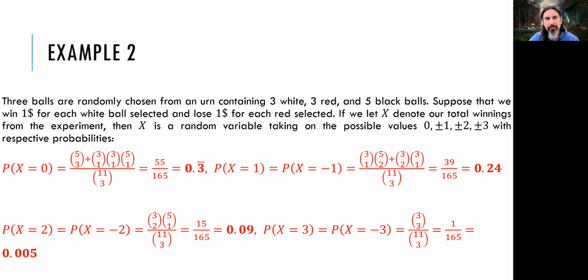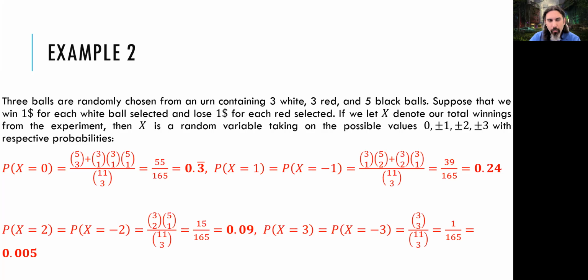The reason that it isn't 1 is we are missing something. We have calculated all of this for plus 1, but actually minus 1 is equal to plus 1 as well, and minus 2 is equal to plus 2, because this is symmetric. 3 white and 3 red balls, they are symmetric. So all these 3 values should be multiplied by 2 when you're adding them together. Okay, so you actually have 7 values here: 0.3, 0.24 twice, 0.05 twice, 0.09 twice, and 0.005 twice as well. Because those values all belong to minus and plus values together, their total would be 1.